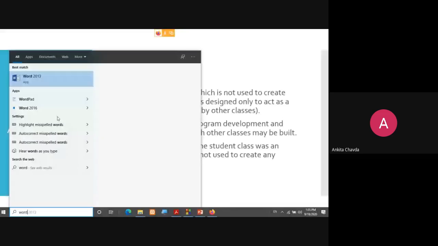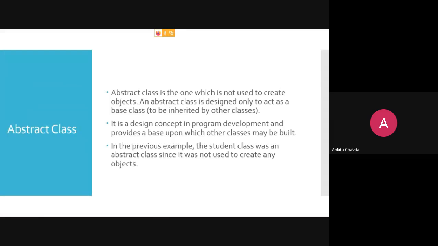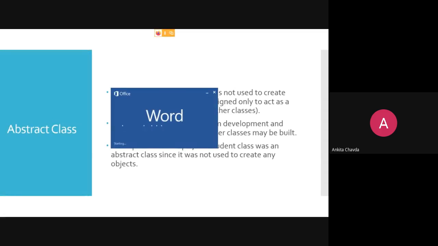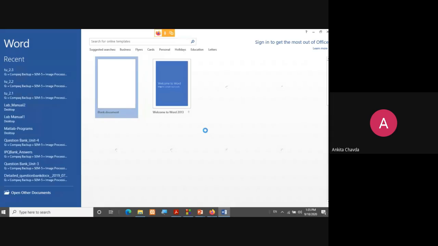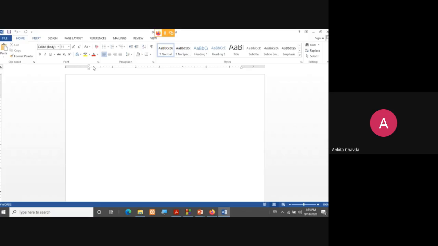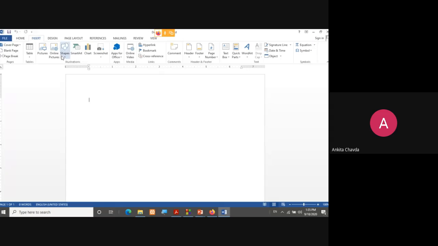I'll give you one example, and just answer me what you need to write in this class method. If I have that class as a base class, there is one class named shape class.